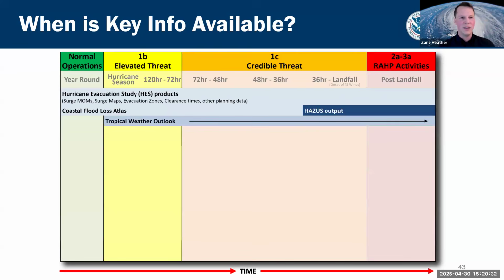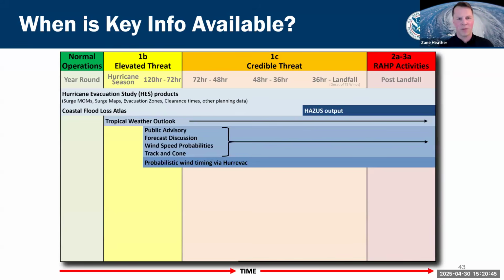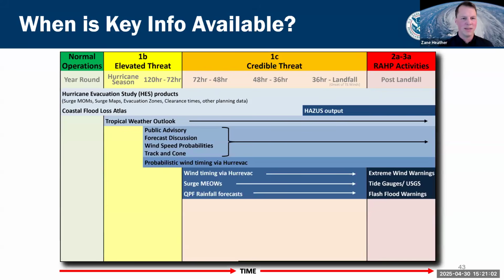Next, during hurricane season, you've got your tropical weather outlook, the TWO. These are your scary jelly beans out there. This is what's going to answer the question: what is happening in the tropics and how alert and ready should I be? After you've got a credible threat, or there is a storm or an invest that the National Hurricane Center is producing advisories for, you've got your public advisories. That's all the great information that we've overviewed over the past 3 units that now becomes available, which you can use to inform your decision-making for both the HES and associated plans.